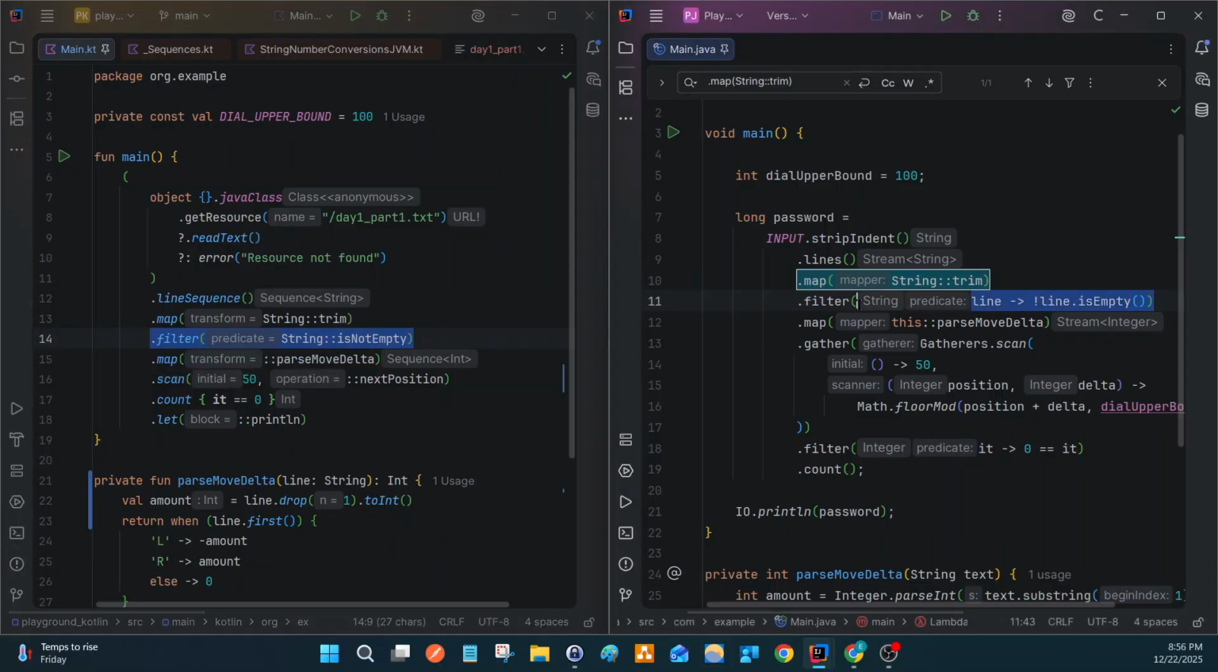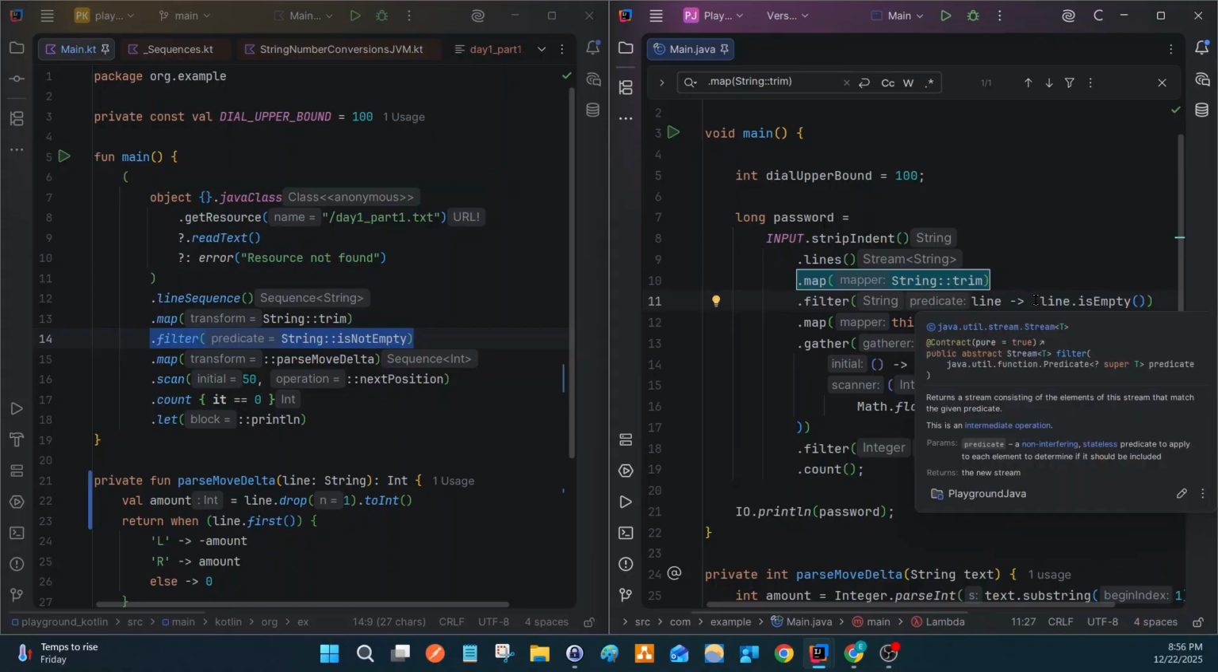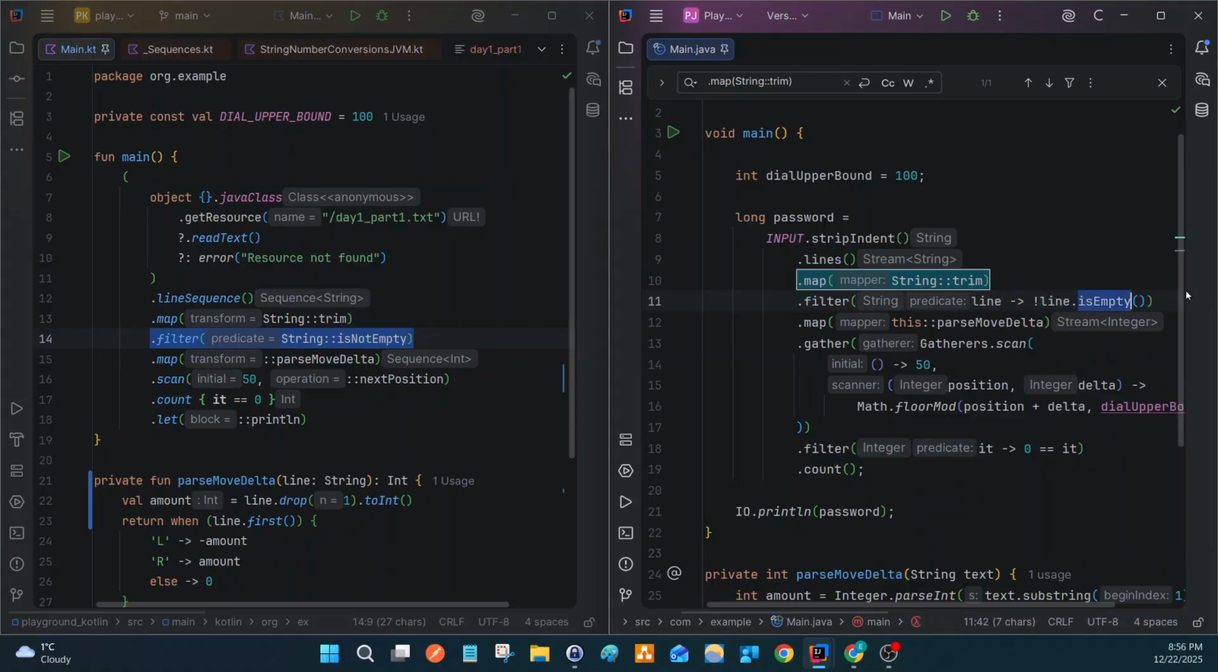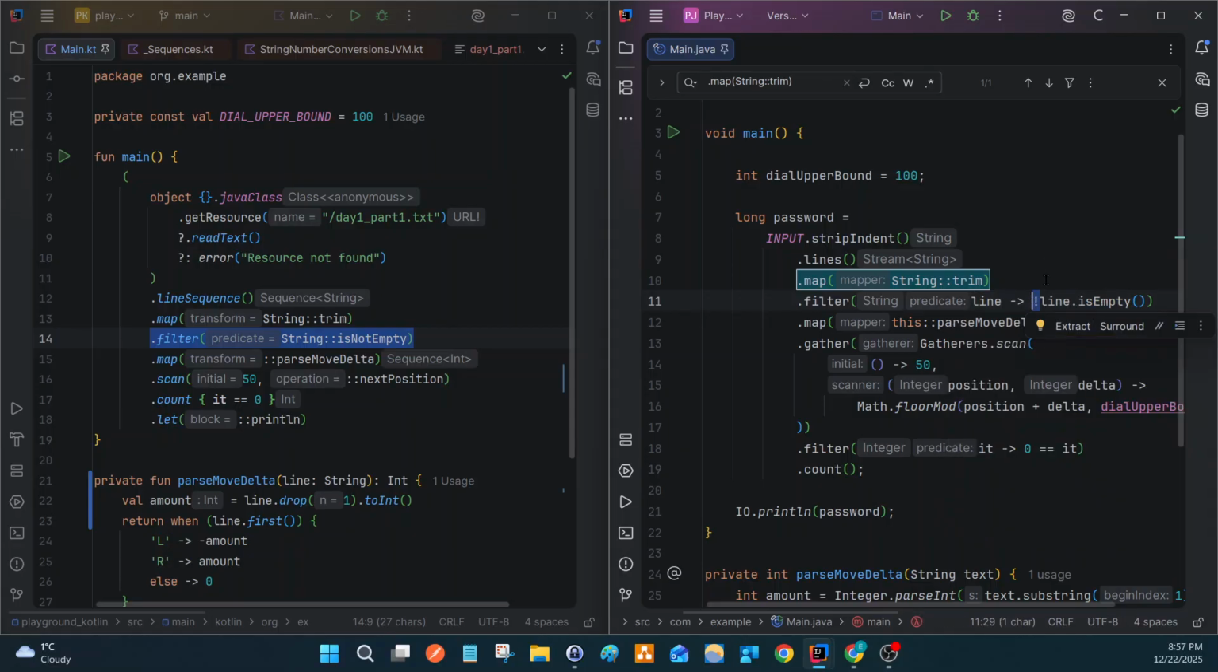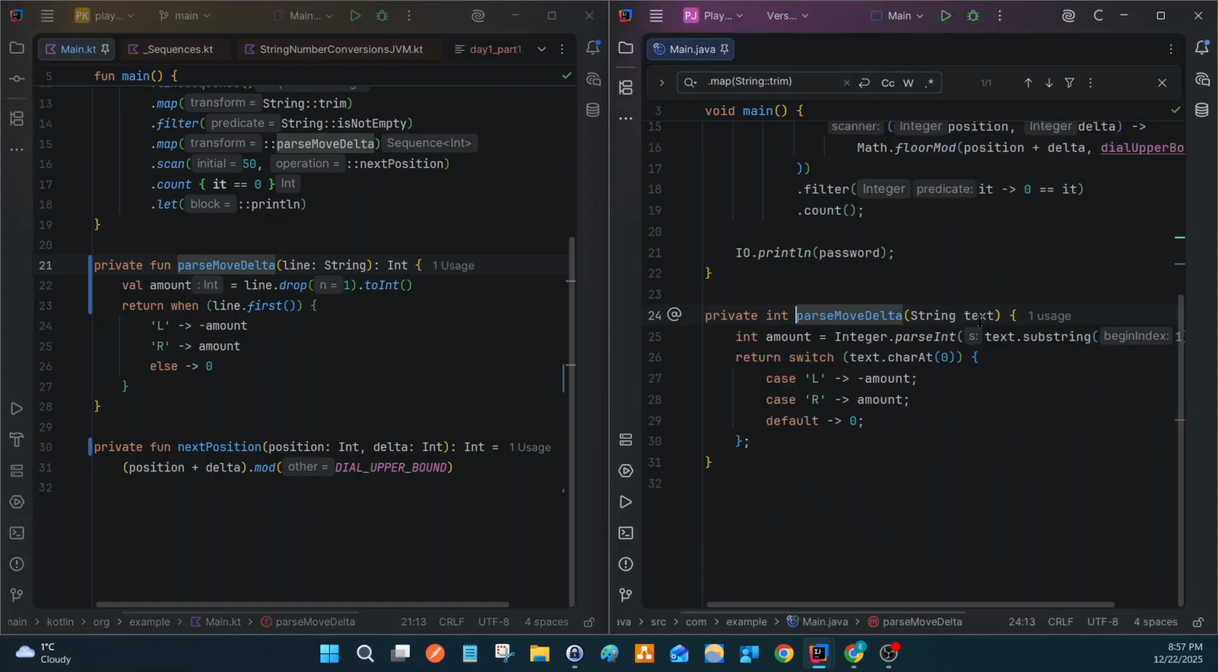So in Java we do, it's kind of adding some mental energy to be able to firstly see that the line is empty. We call isEmpty, and then after that we negate this boolean. And then map parse move delta, and here it's the same function as this,